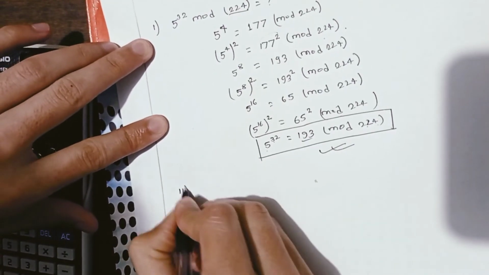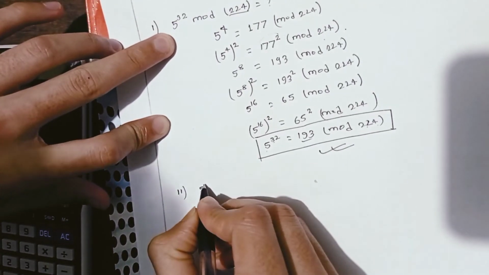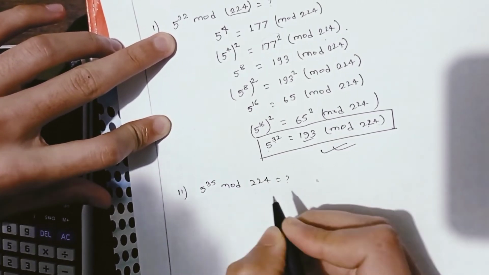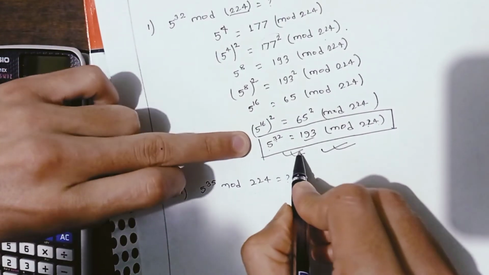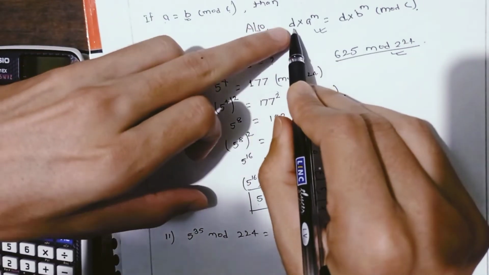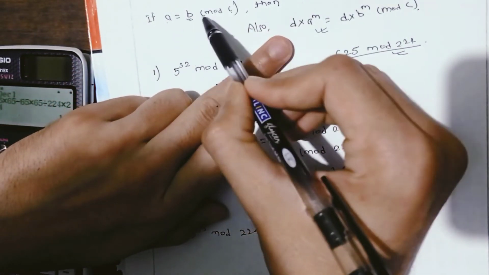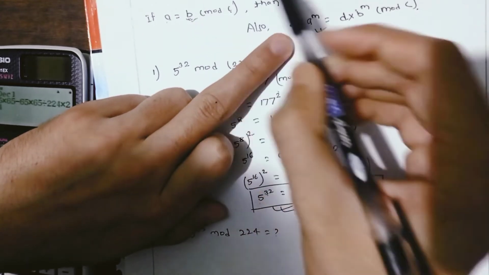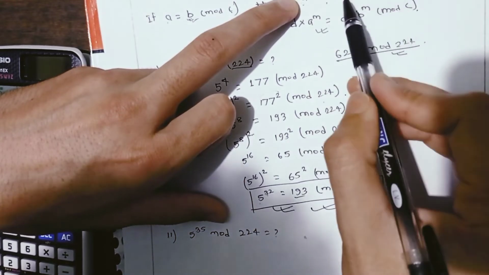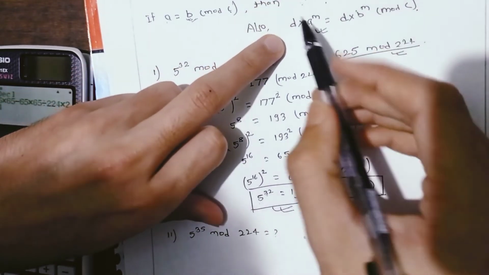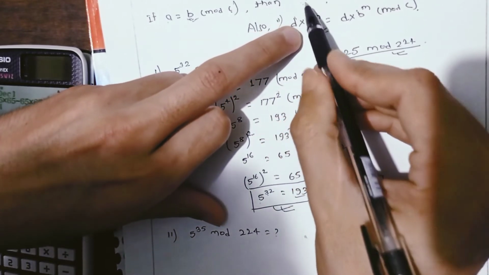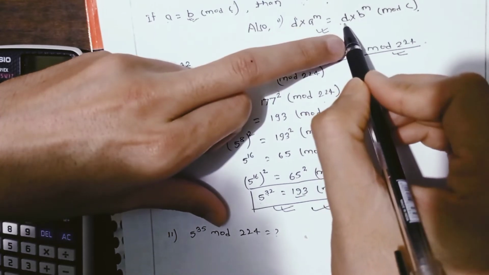Similarly, next is 5 to the power 35 mod 224 equals what? We should proceed from this. As I have already mentioned, if any number a is divided by c and b is the remainder, then when a to the power m is divided by c, the remainder will be b to the power m. And another condition is that when d is multiplied by a to the power m, the remainder will be multiplied by the same number,